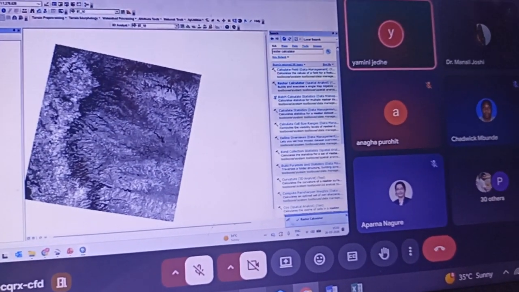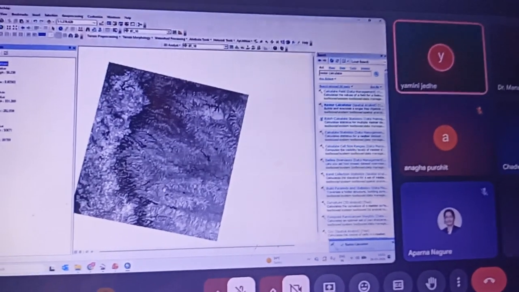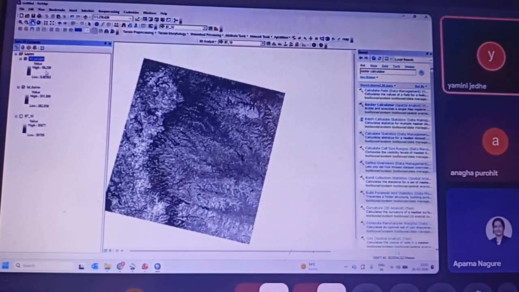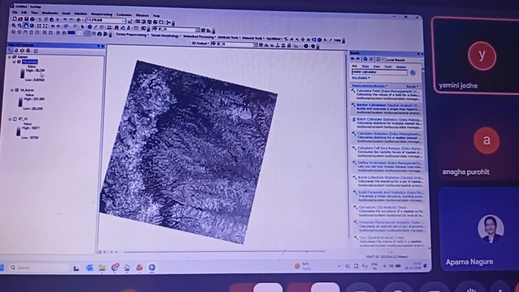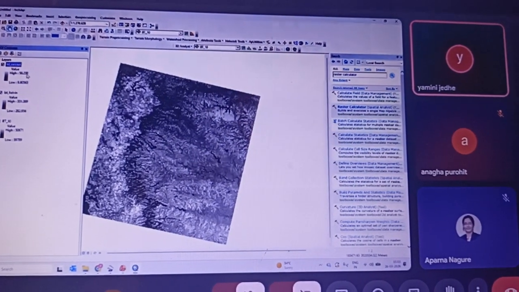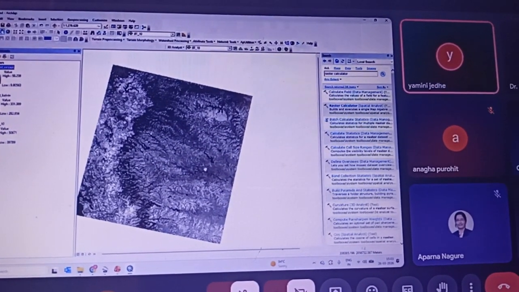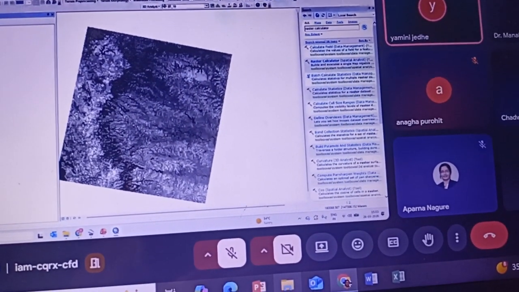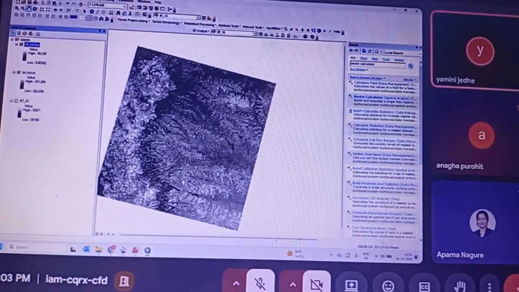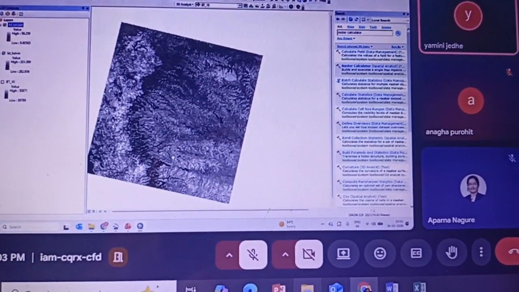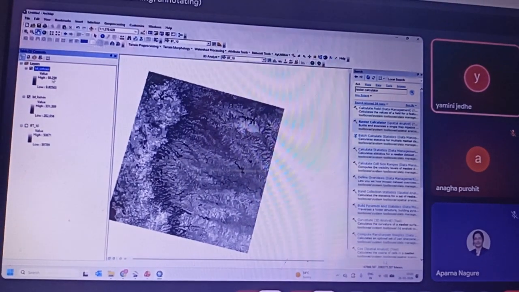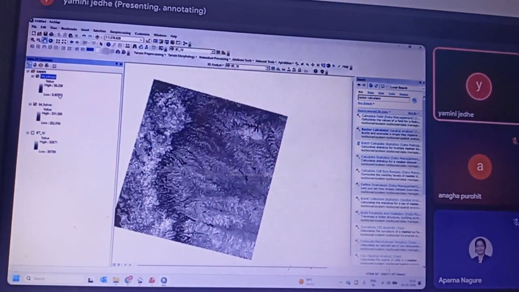Okay, so now if you see here, the tile which we have just selected is the tile for this Pune area only. Now if you see, the highest temperature in the entire satellite imagery is 58 degrees Celsius, because the satellite imagery which we have used is from the 22nd of March this year, and the lowest temperature is 9. This is because whenever there are buildings and metal structures, they tend to get heated during the daytime, and that's why the highest temperature is 58 degrees Celsius and the lowest is 9 degrees Celsius.